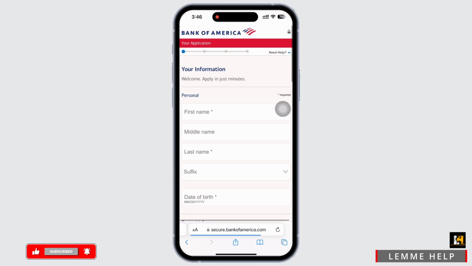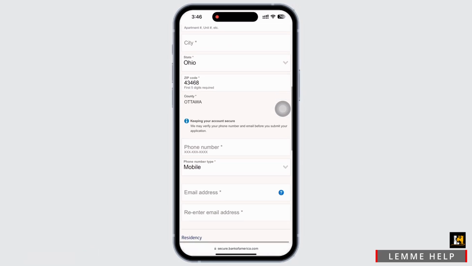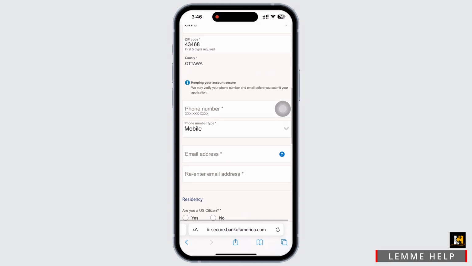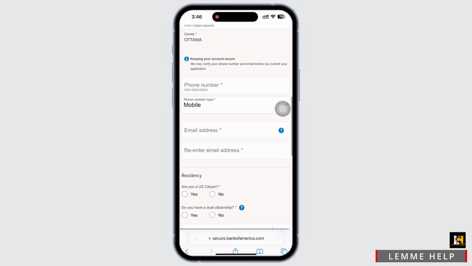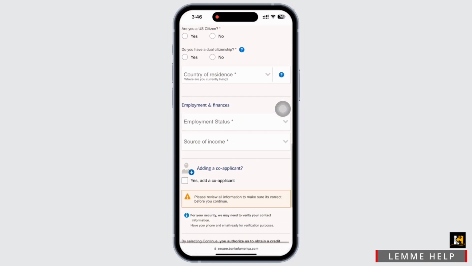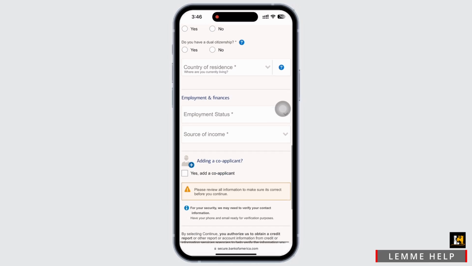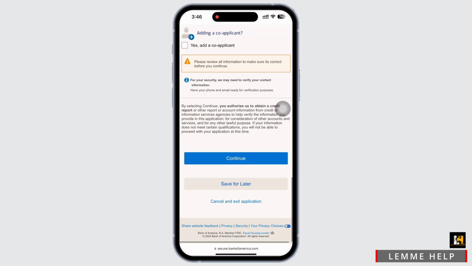The information such as your name, social security number, physical address, phone number, email address, birth date, citizenship information, employment, and income information. The bank will do an identity verification check, so you may also need a state ID or U.S. driver's license. Fill in the required information and tap on the Continue button and further follow the on-screen instructions